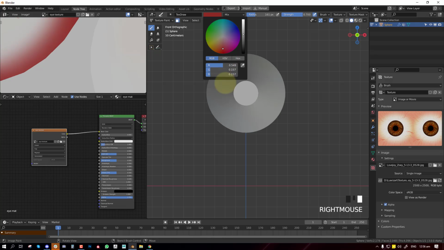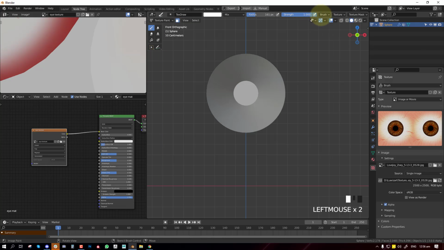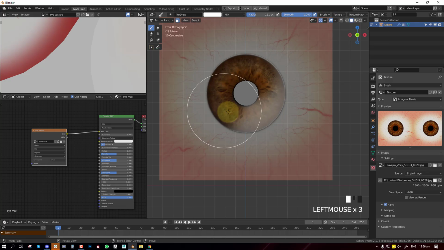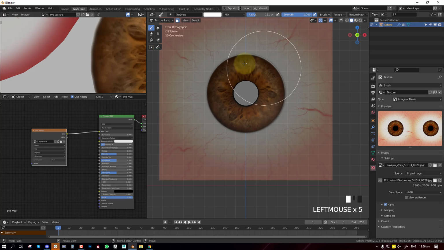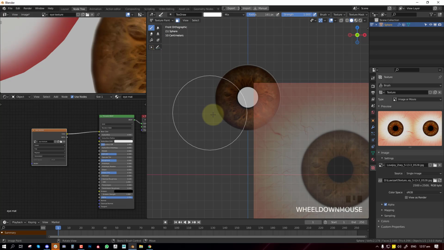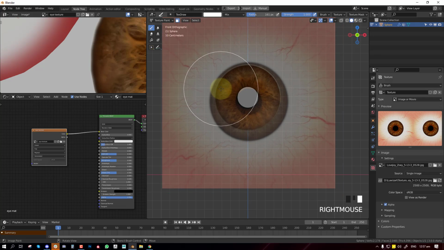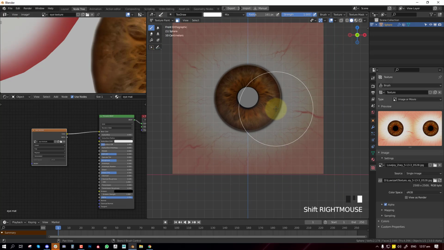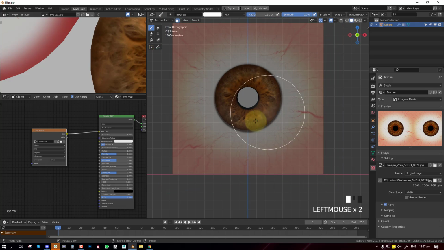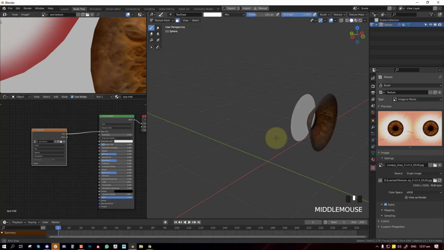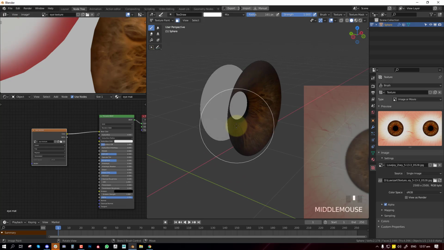So we'll set the color back to white, increase the strength to 1, and just paint. Let's see. It's not even. I'll fix that. Okay, so we have the eye texture now.